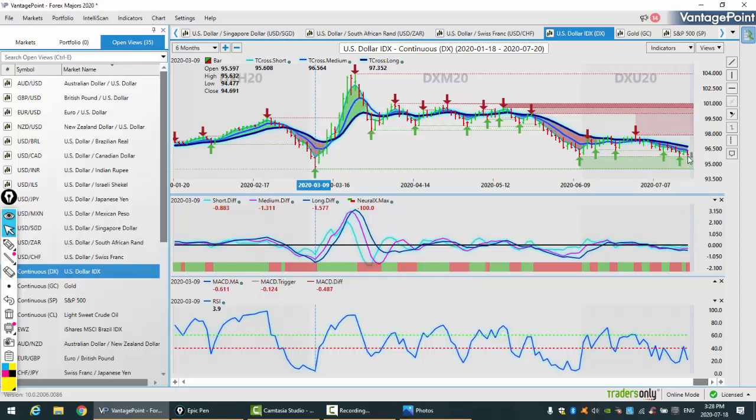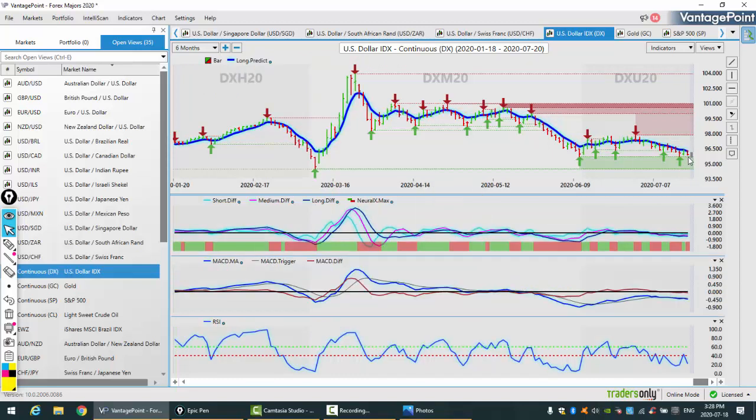Now, once again, when we look at our key VantagePoint predicted moving average by itself, that key pivot area is 96.24. If we can overtake this 96.24 level, that will take the pressure off the dollar, at least in the short term. But if it cannot overtake this level, then the dollar could see further downside with a risk